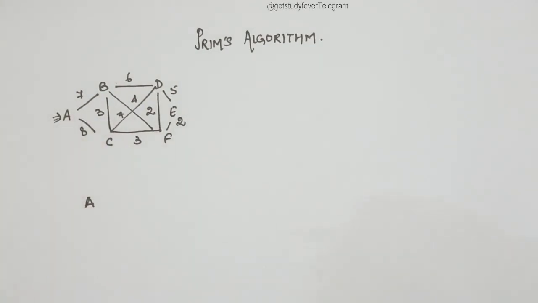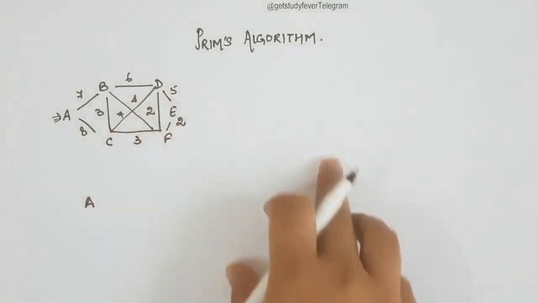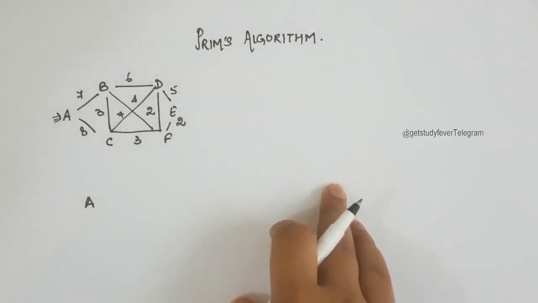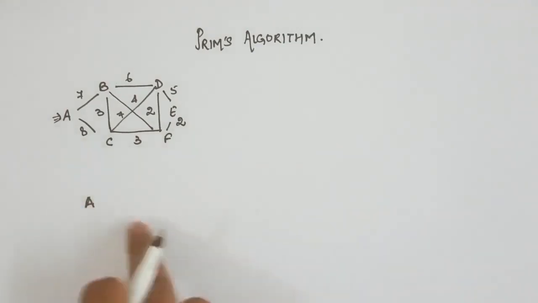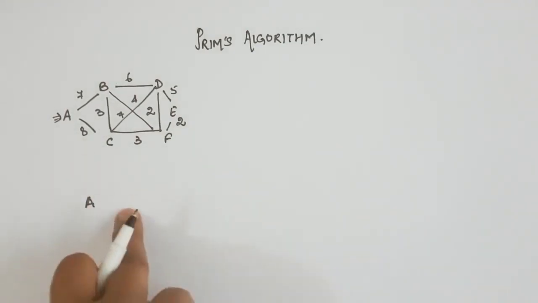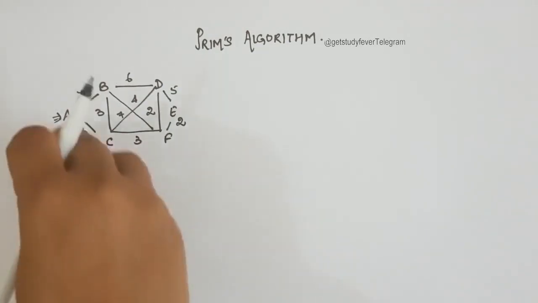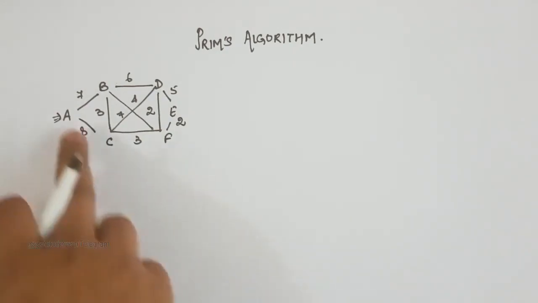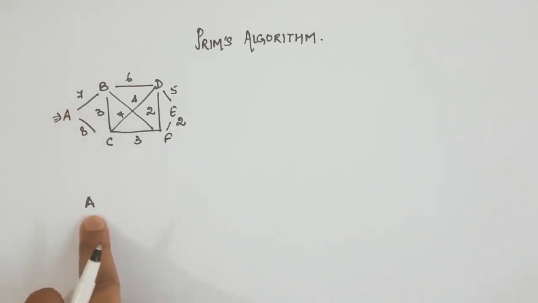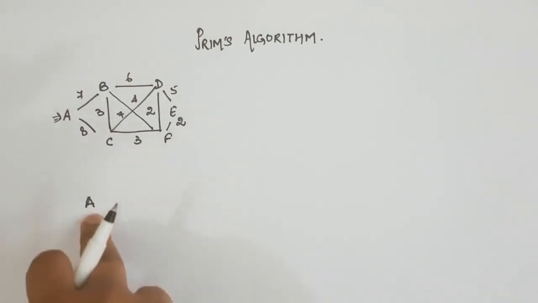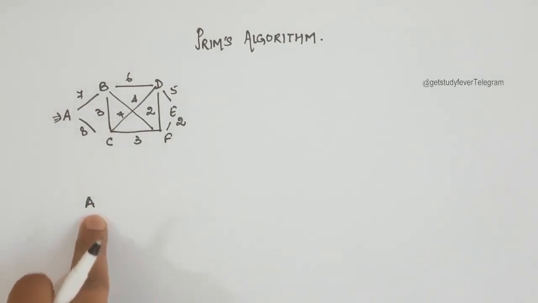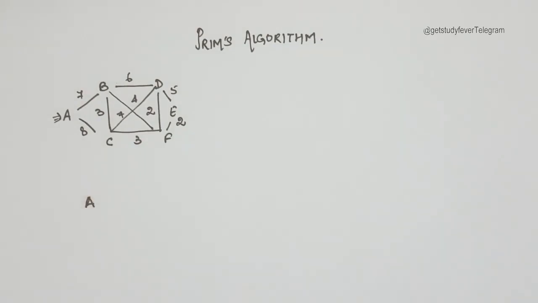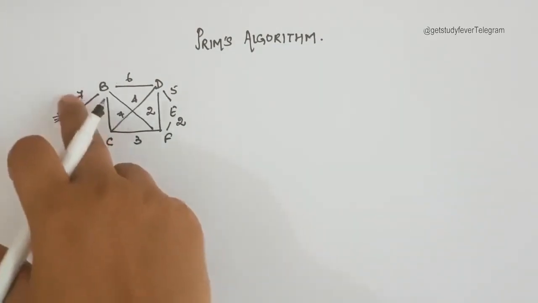What I am trying to do in Prim's algorithm is that after every iteration, I try to add a new vertex to my minimum spanning tree. So you can say that this is my spanning tree, and in this spanning tree, initially I added any one vertex. Based on certain rules, we keep on adding vertices to this spanning tree. So let's say initially I added A. Now what are the rules based on which we keep on adding new vertices? Let's say I have taken A. Now what will I do? I will search for the neighbors of A.